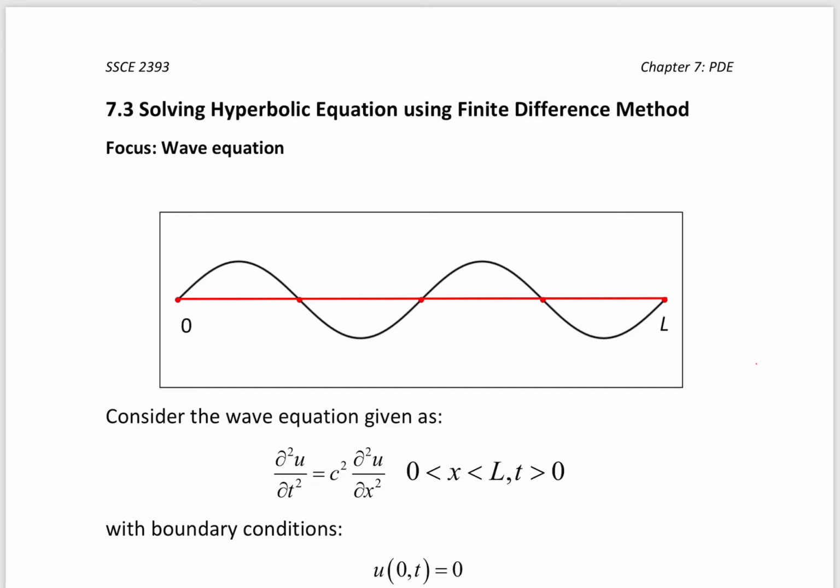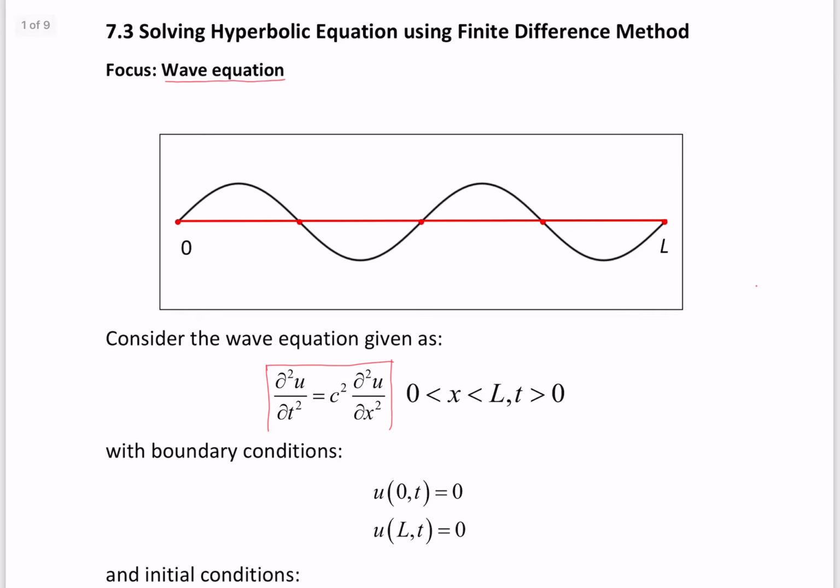Let's continue our discussion on partial differential equations with solving hyperbolic equations by using the finite difference method. And our focus for this hyperbolic equation is the wave equation. So here we consider the one-dimensional wave equation defined by the equation that I put in